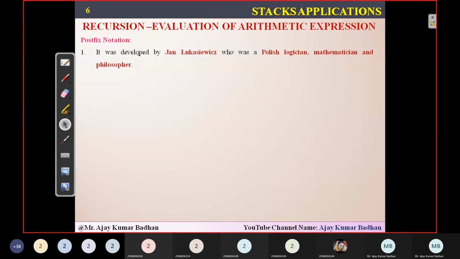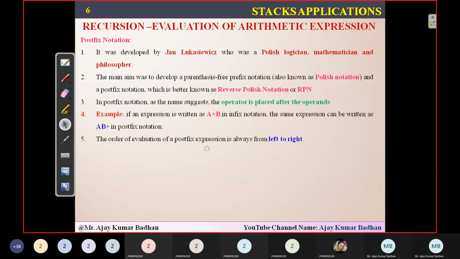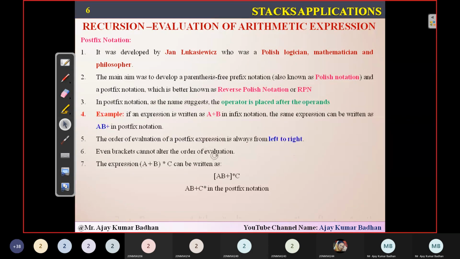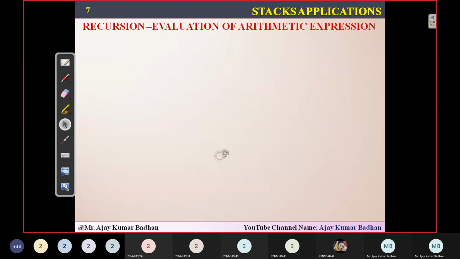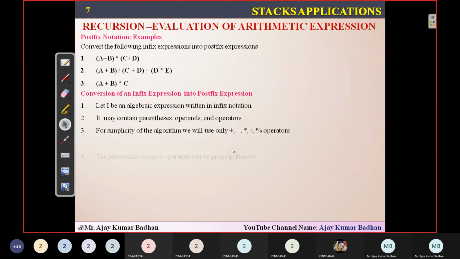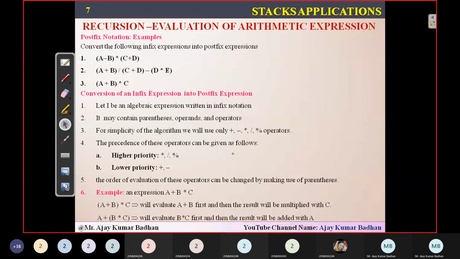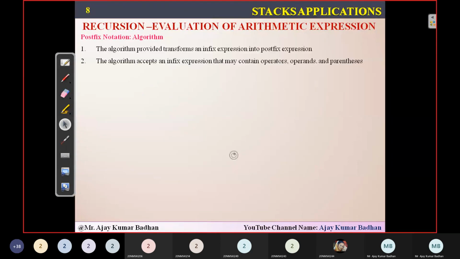From this evaluation of arithmetic expression, you'll definitely be getting marks for solving a problem. I will show you, just hold on. These are the expressions which we are going to solve, and we solve them using an algorithm. So how we can solve it, I will show you here using an example.